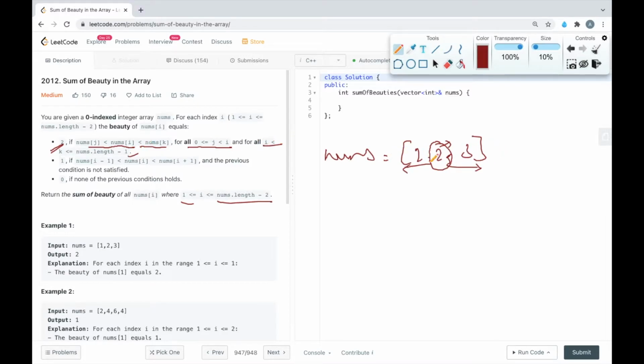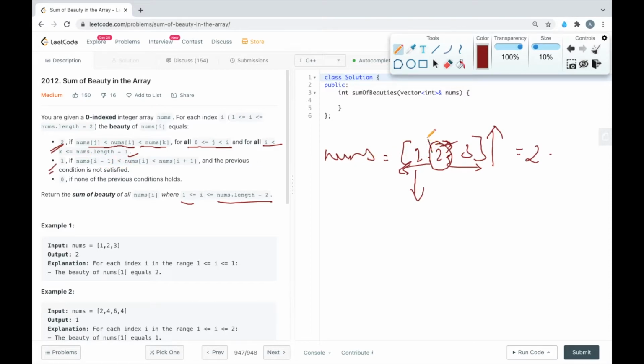So what they are saying is that if all the elements on the left of this given element are lesser, and all the elements on the right of this element are greater, then beauty will be 2. And if this condition does not hold, then we have to check the second condition, and the second condition is simple.